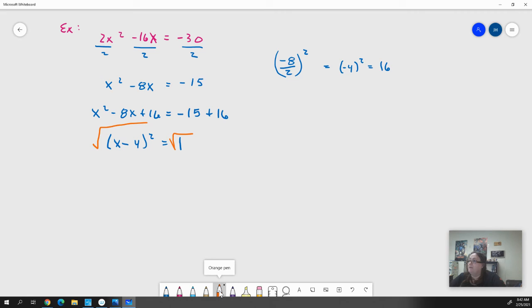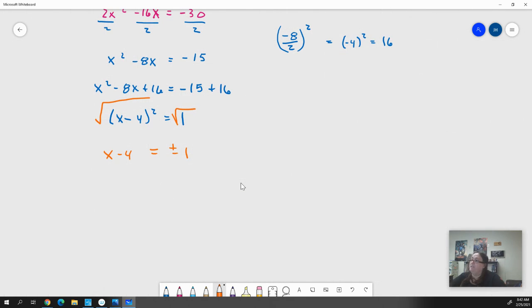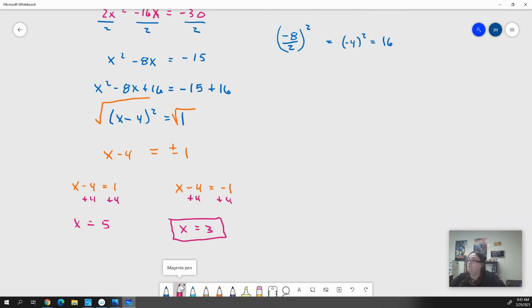So we are left with x minus 4, right, whatever's inside what's being squared, equals plus or minus 1. And now we can solve them each individually. We can go x minus 4 equals 1 and x minus 4 equals negative 1. And we can figure out what each x solution is. In this case, we're just going to add 4 to both sides, and we will get x equals 5 is one of our solutions. Here we're going to add 4 to both sides, and we're going to get x equals 3 as our other solution, right? There's always going to be 2